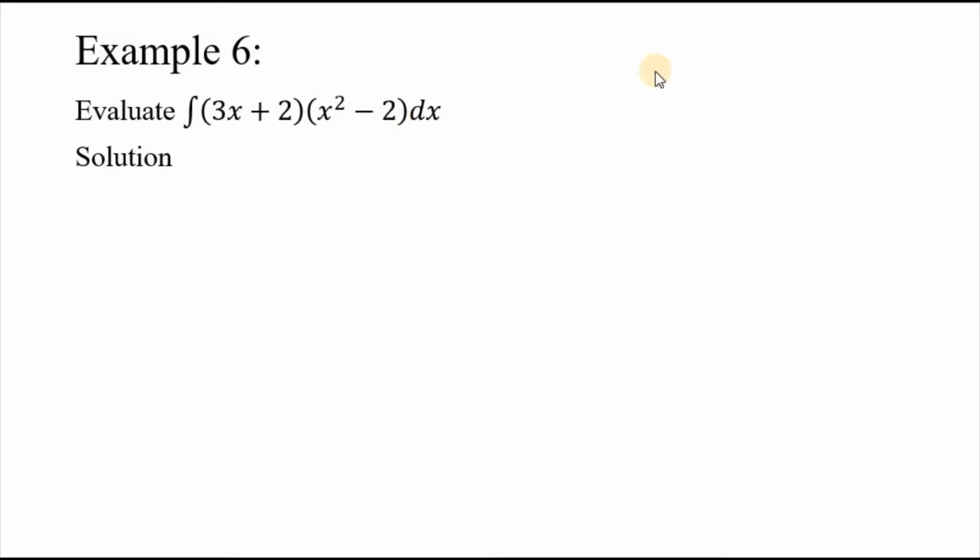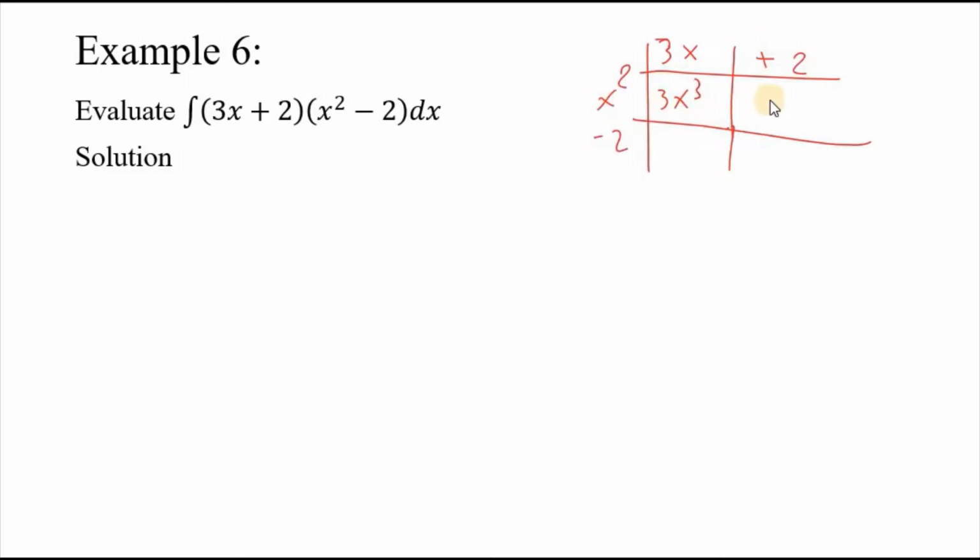You can use the box method in order to multiply these terms. You have 3x plus 2 and you have x squared minus 2. So you will have 3x cubed. x times 2 is 2x squared. Negative 2 times 3, negative 6x. Negative 2 times 2 is negative 4. So the answer will be the integral of 3x cubed. And then I'm going to add like terms together if there are any. I don't have any. Plus 2x squared minus 6x minus 4